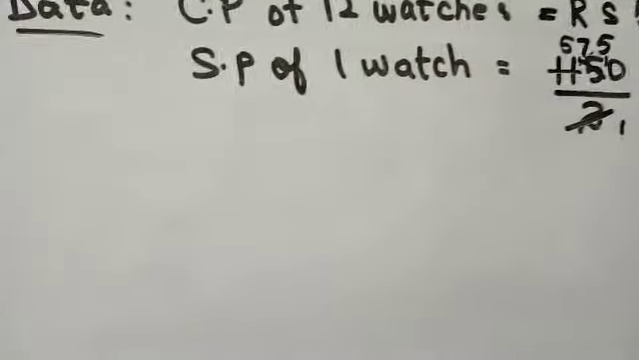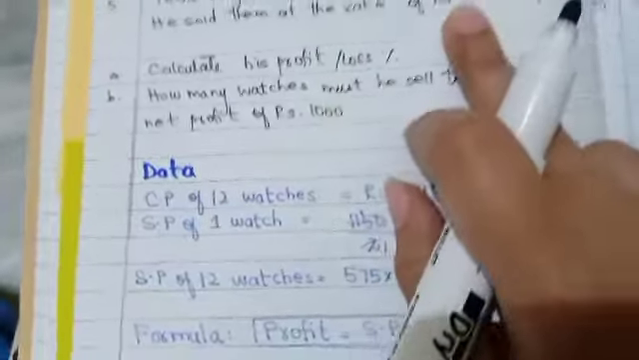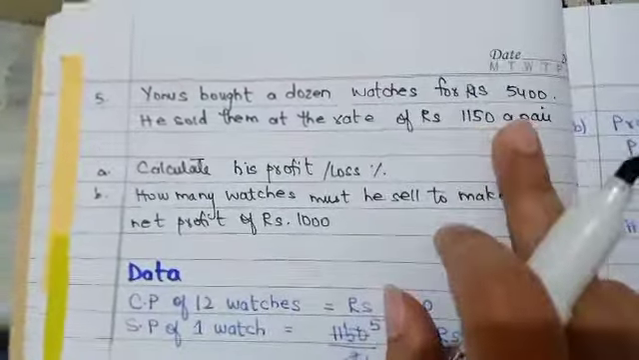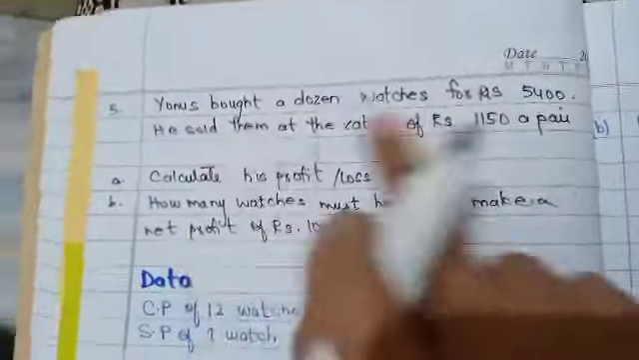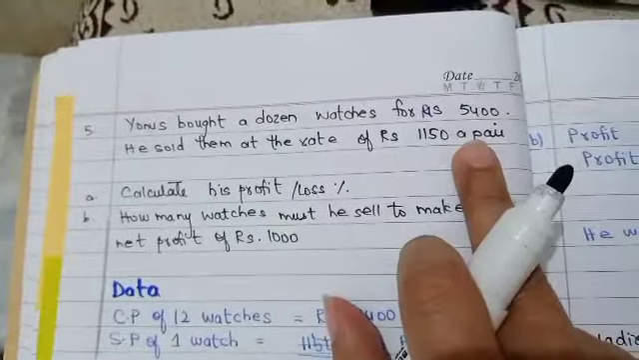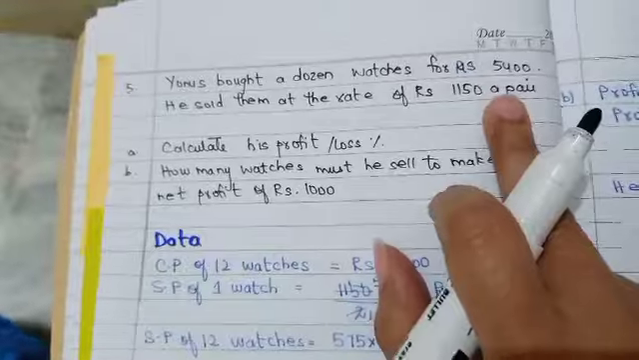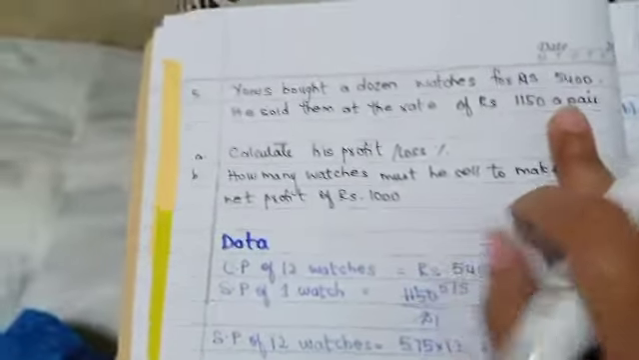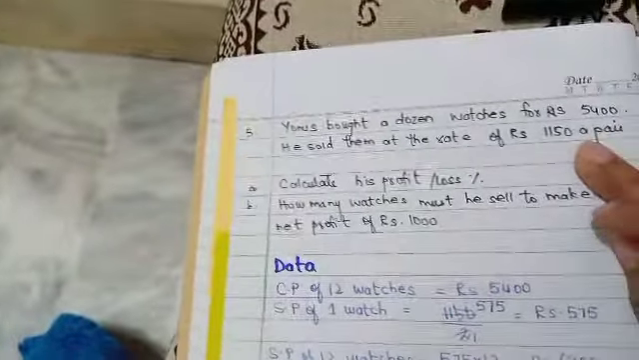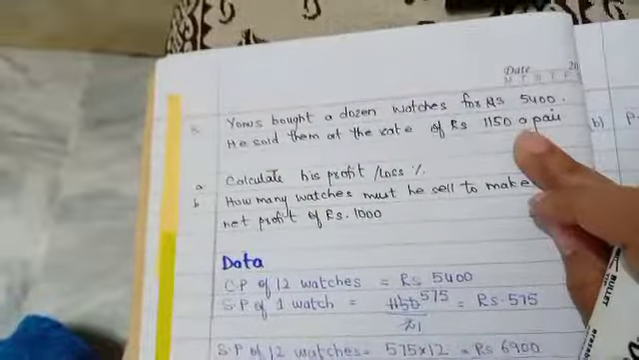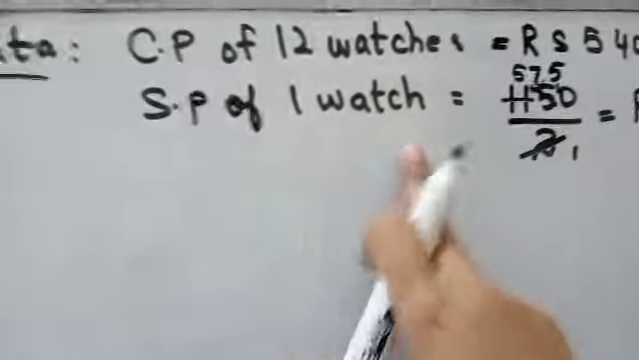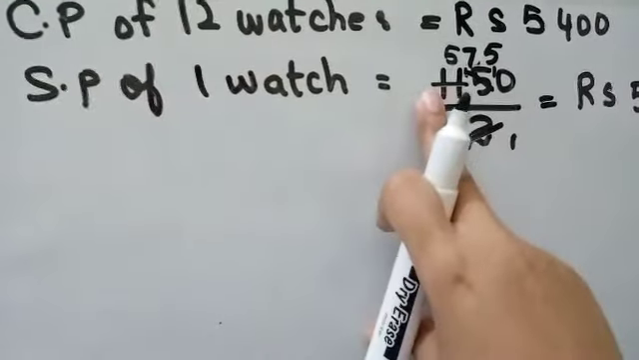How will we find it out? Because they had given us the selling price: he sold them at a rate of rupees 1,150 a pair. Sold means selling price. They had given us the selling price of a pair. So we have to calculate, of course, the selling price of one watch. Then only we can calculate the profit or loss amount. Okay, so let's see. Selling price of one watch is equal to